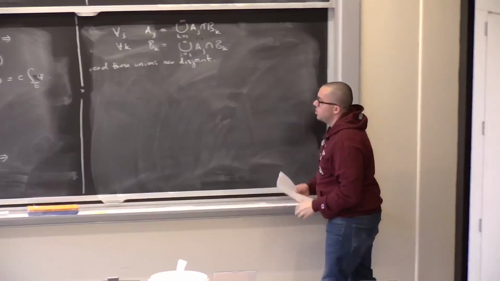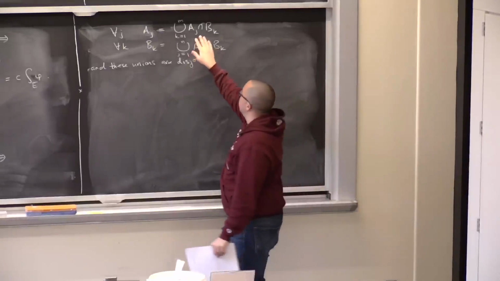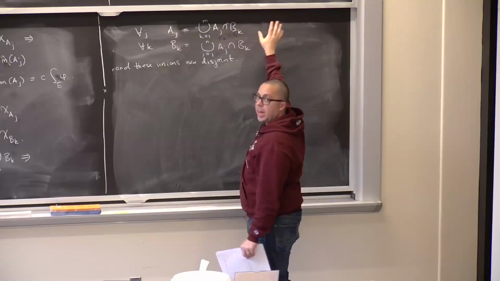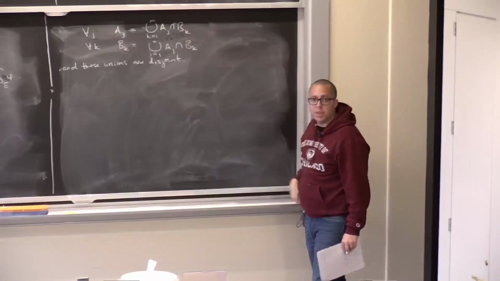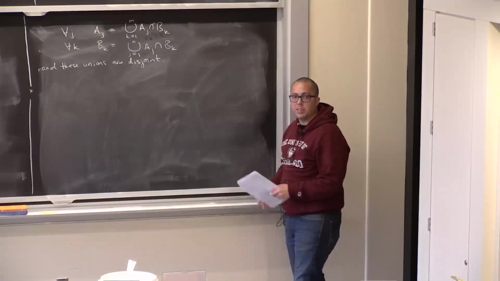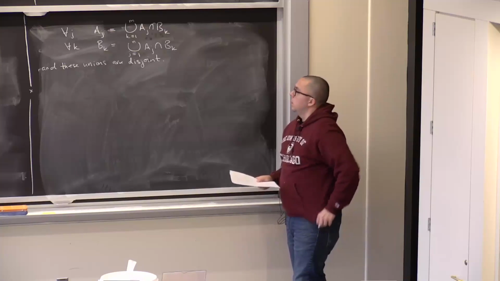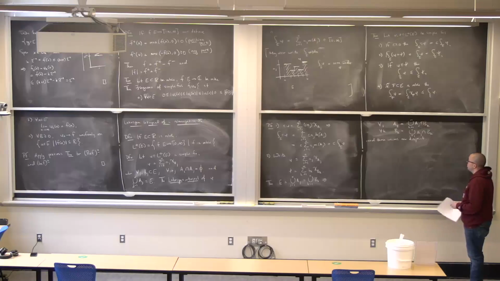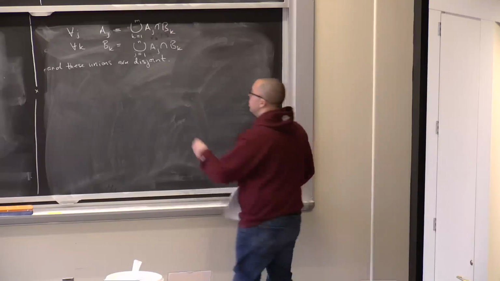The AJs are disjoint from each other, the BKs are disjoint from each other. So for all J and K, AJ intersect BK is going to be disjoint from another AJ prime intersect BK prime, when J or K do not equal each other. All right? Okay, so since these are disjoint unions, we have from the additivity property of Lebesgue measure,